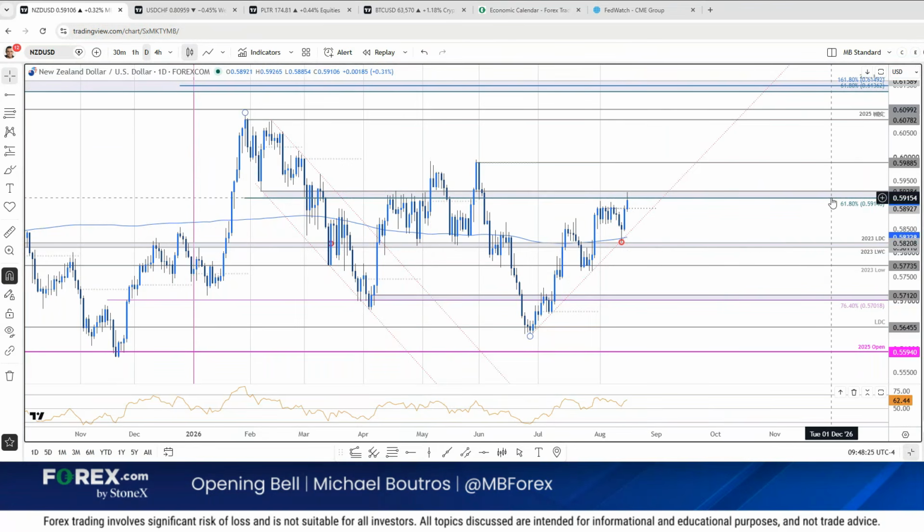It's the same level I showed you guys. I haven't changed anything on this. But the 618 gives us that range. We've now probed, and the high registered right in that range. Look, the monthly range high is right here. So this is the break above 59.28 that would validate that and have us looking for a late month high. So Seth, I have Kiwi dollar at resistance right now.